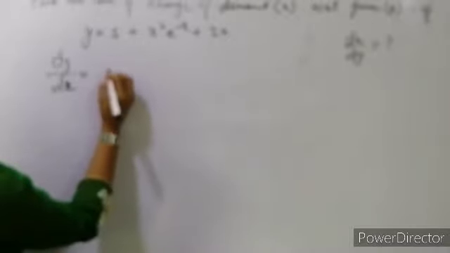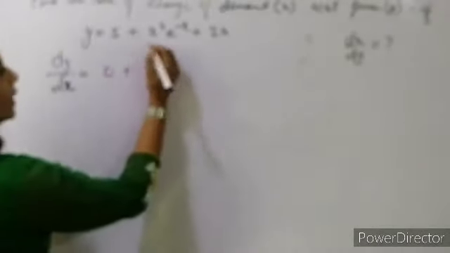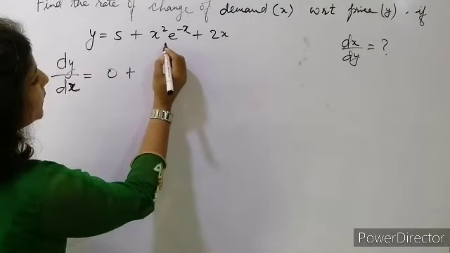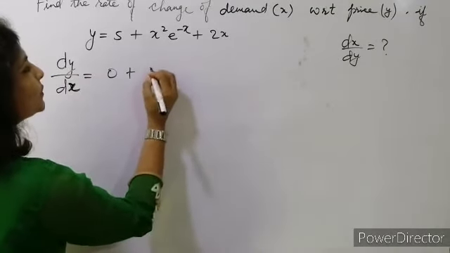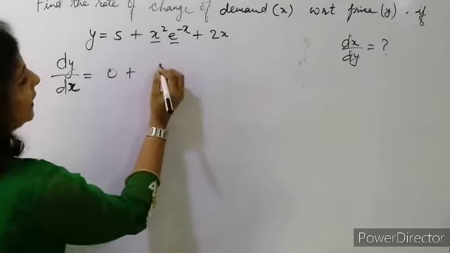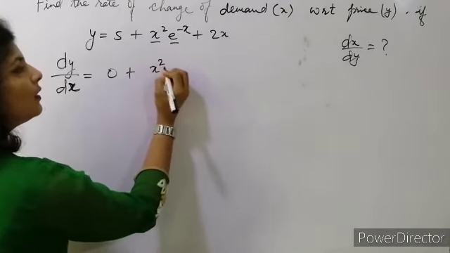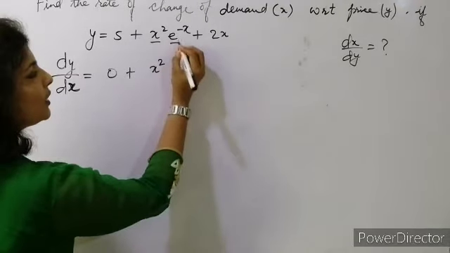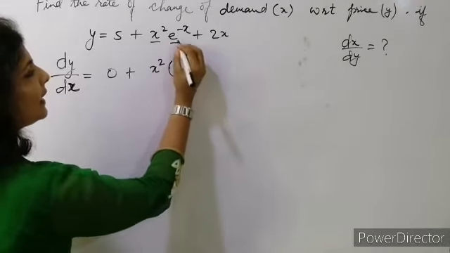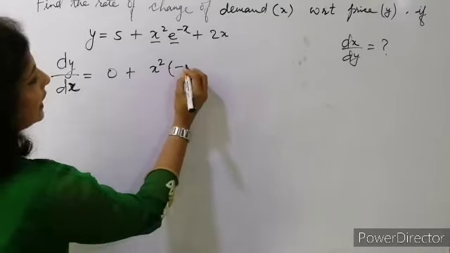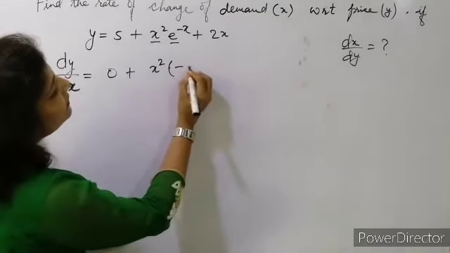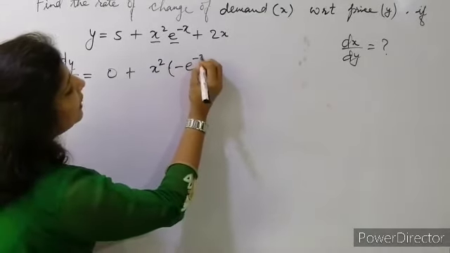Okay, 5 we will differentiate with respect to x. So what will be the value? 0, because that is a constant. Now when we differentiate this, what will happen? We will take it in terms of u and v. So first of all we'll keep this value constant, and then we'll find the derivative of this one. So what will we get? Minus will come in front. Minus we'll get and e to the power minus x.